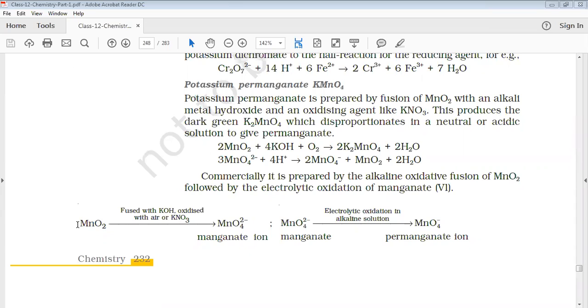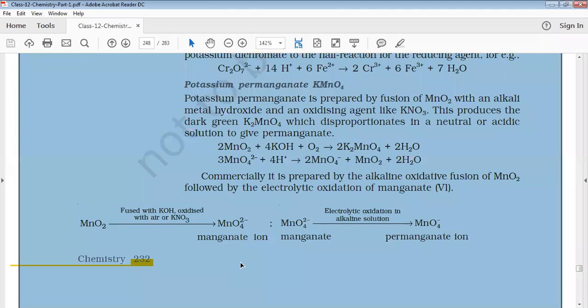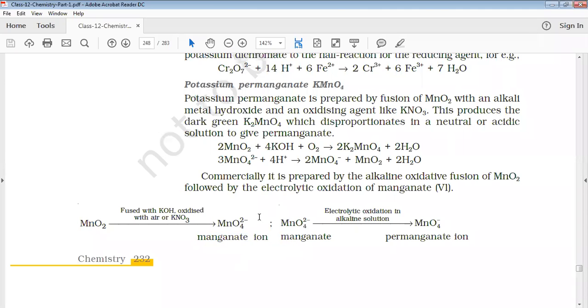First, MnO2 is present. It will undergo oxidation with your potassium hydroxide or nitrate. When it undergoes oxidation, it will form a manganate ion. Then this manganate ion again will undergo